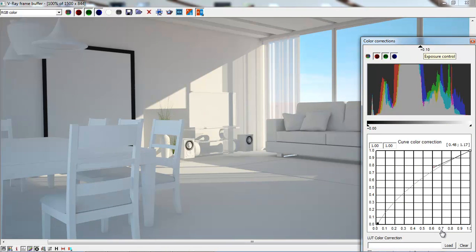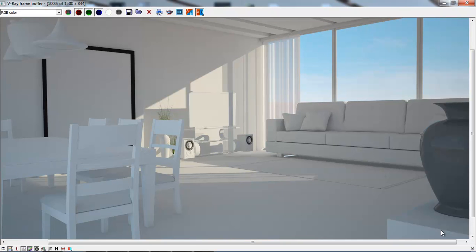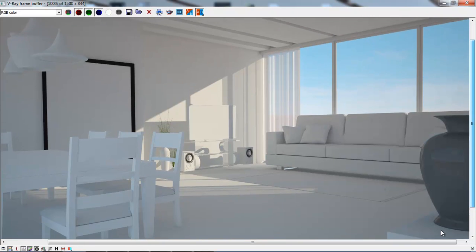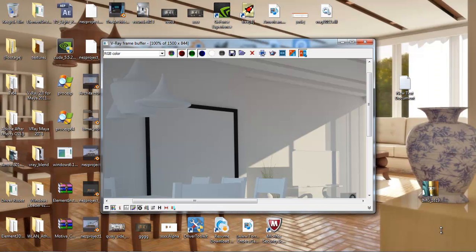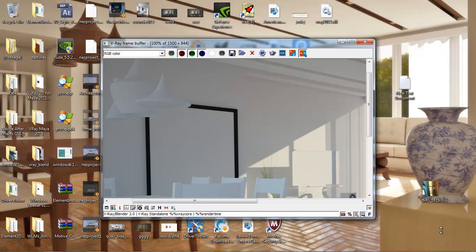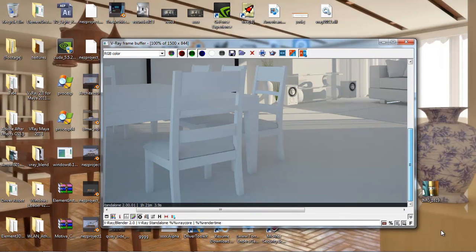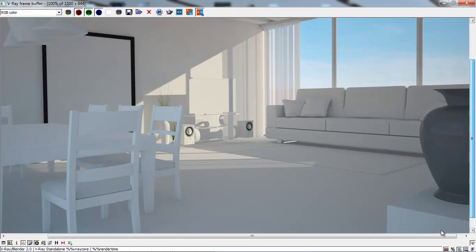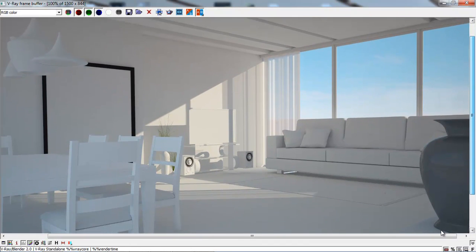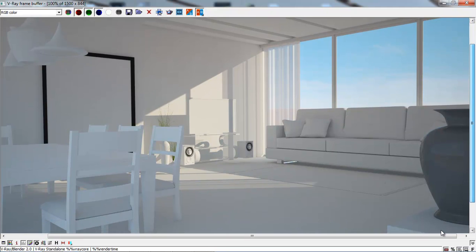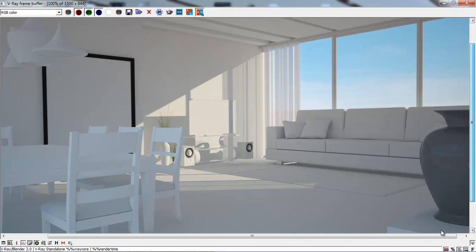I think 10 is good. We have nice global illumination. We can activate the stamp for seeing the time of render. The scene took 1 hour 21 minutes. I think the lighting is good. Now we are ready to make texturing,